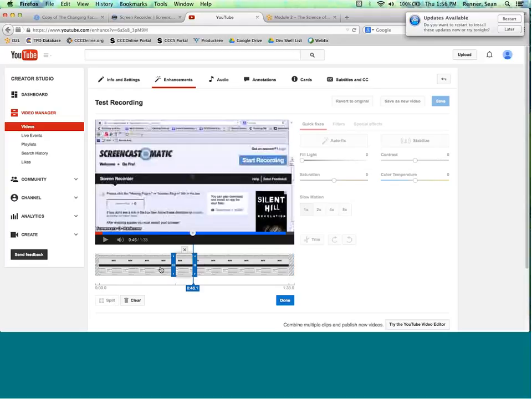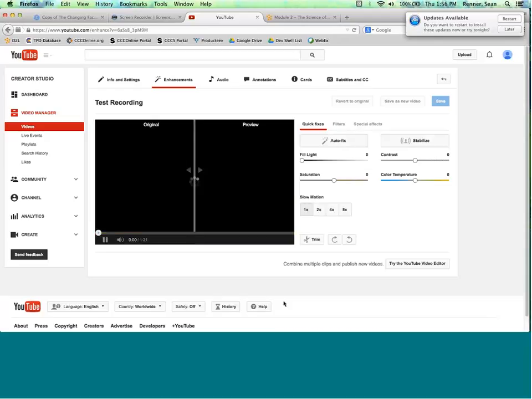Again, now it's divided my timeline up into the portion before that place I cut out, the place I cut out, and the place after the place I cut out. So now that I've isolated this area that maybe I want to get rid of for any reason, I can hit the delete button, and now it clears out that portion, and when I play it, it'll skip straight from here to here. I'll hit done, confirm those changes.